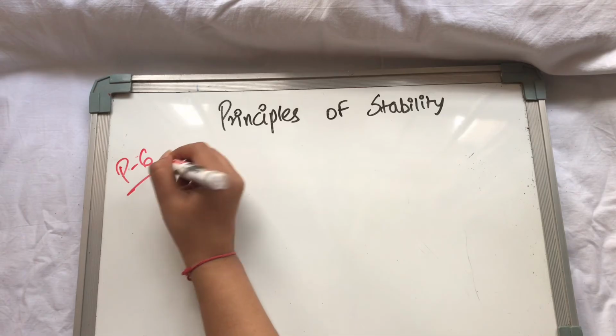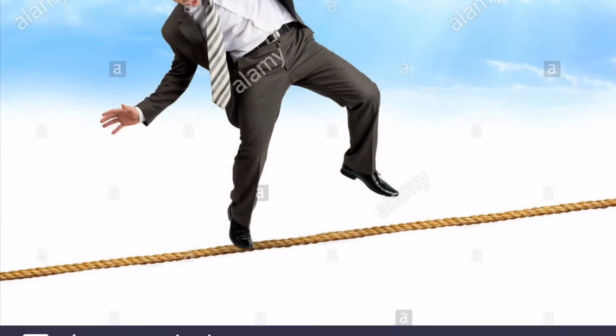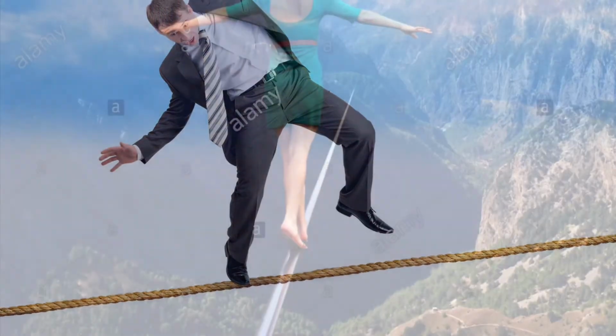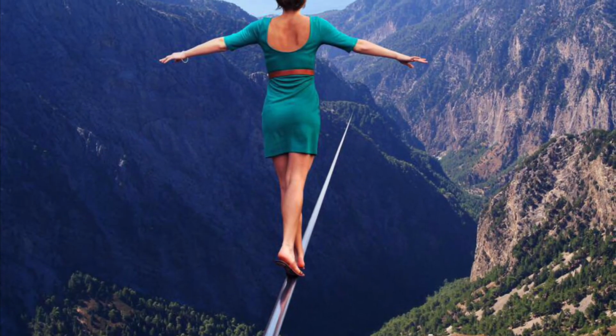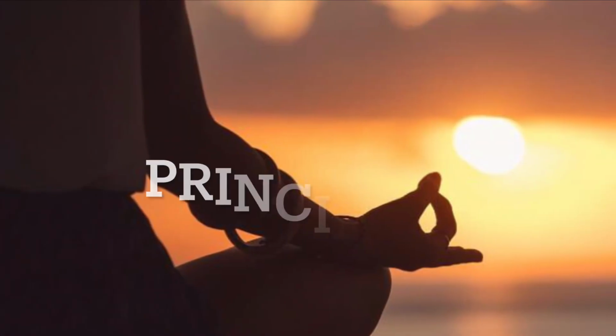Now principle 6, which states that better stability can be achieved if one has focused vision on some object rather than a disturbing stimulus. We all must have experienced in childhood while walking on some narrow surface. It was easier to walk if we focused at one point. We tend to fall when we deviate our mind. We can walk on a rope easily if we focus at one point.